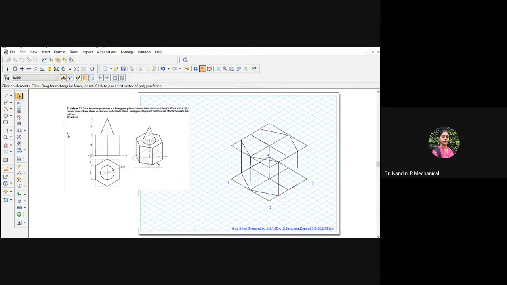So each line you can select, make this as visible. Select all the lines which are visible and make the thickness as 1 mm.